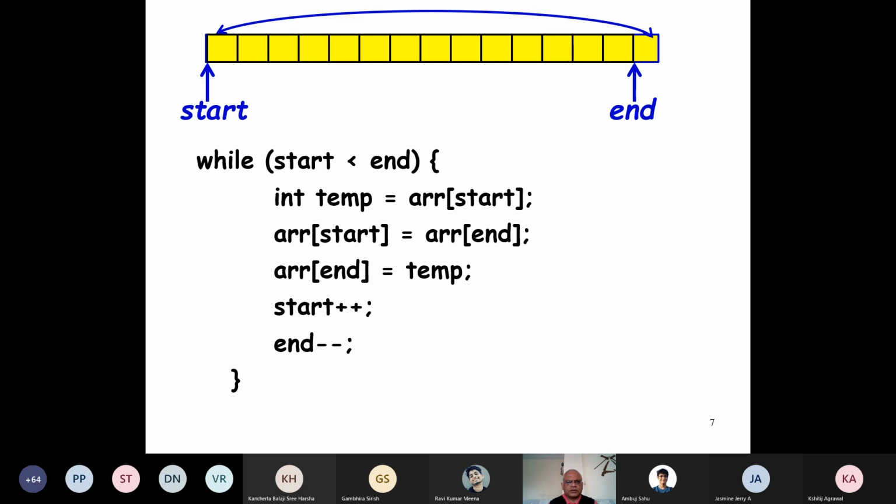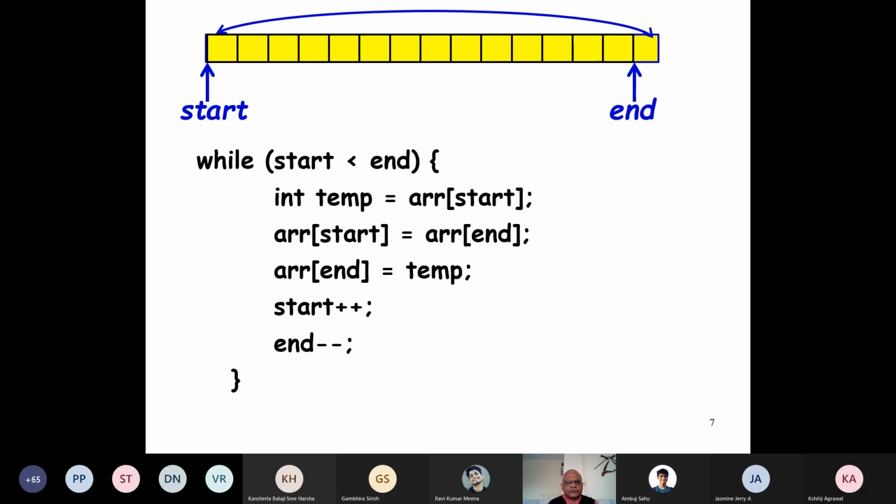So we write this small code here. I am sure that many of you are thinking like Ambuj, that we have this small loop where we just take the first element and put it in temp. There are two pointers, start and end. We initialize start to the first element and end to the last element.